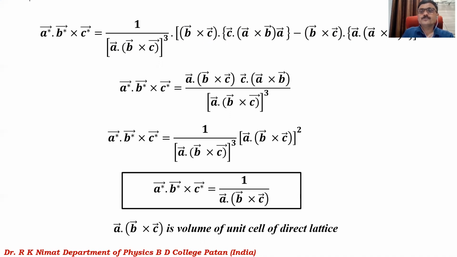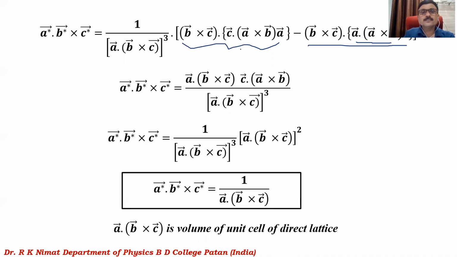But if you look at this term, vector A dot vector A cross vector B, this is a scalar triple product, and we can interchange dot and cross so that it will be vector A cross vector A dot B, and vector A cross vector A is 0. Hence, this term will vanish, and we'll have only this term, which is vector B cross vector C dot vector C dot A cross B into this A.